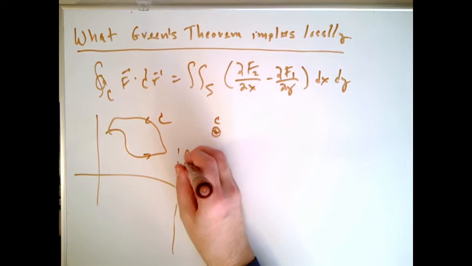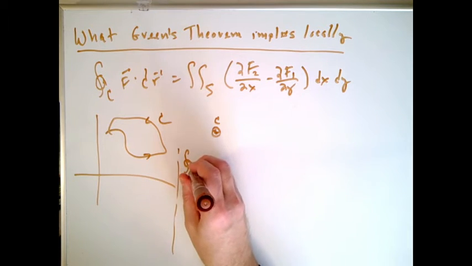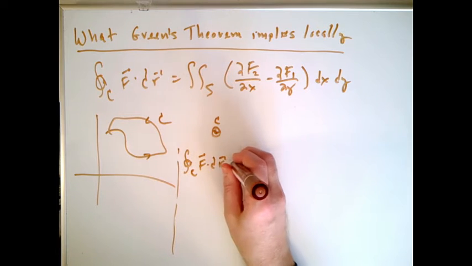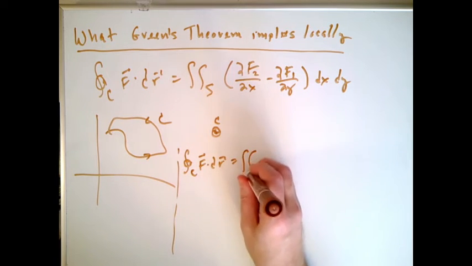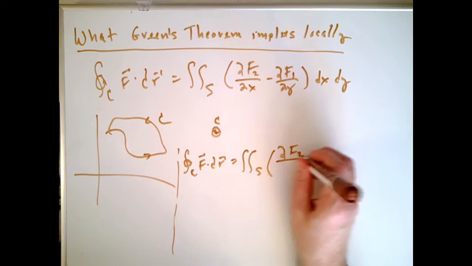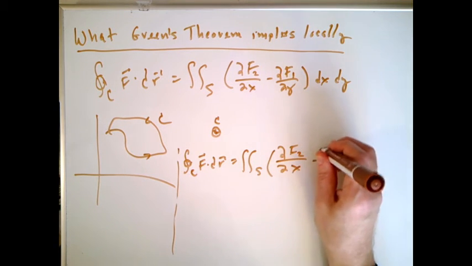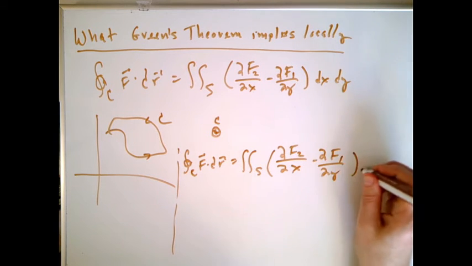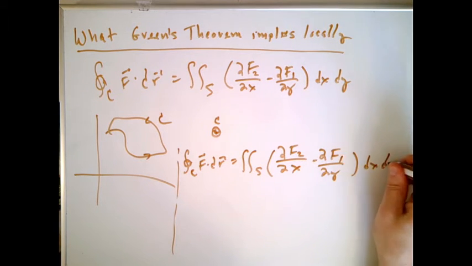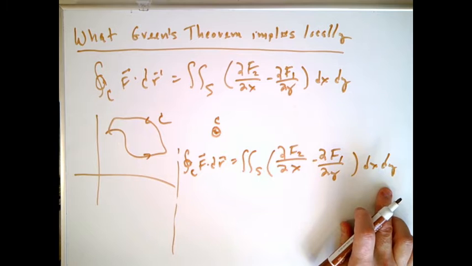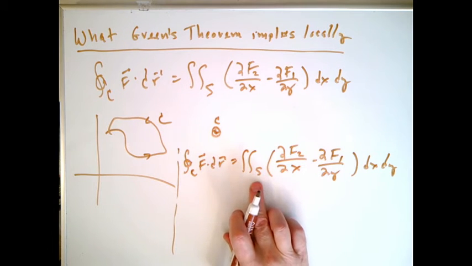Well, it still says that the work done around our little tiny curve is equal to the double integral of all that, taking our time and just writing it out, because we're going to look at the right-hand side and remind ourselves what the definition of this is, right? Remember what the definition of any double integral is, right? Is that you look at the region,